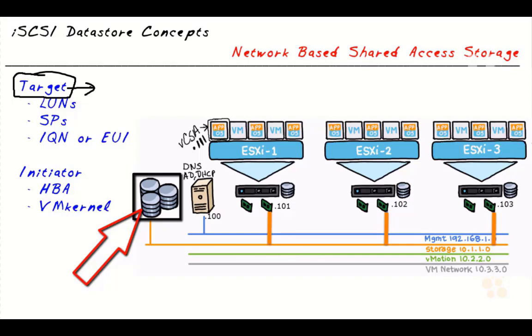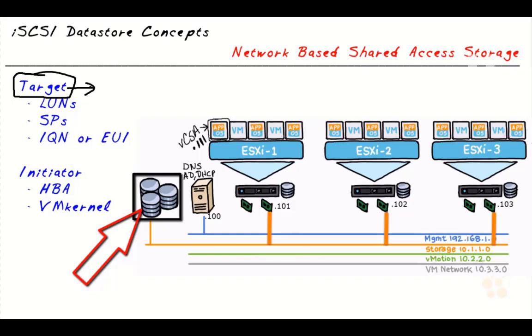And after that we have an IQN. IQN is a storage address, like an IP address in networking. We use IQN in the storage world. So these are the target components. As a target we can have a SAN, or we can make a Windows server an iSCSI target, or a Linux target, or we can use any appliance in place of a target.